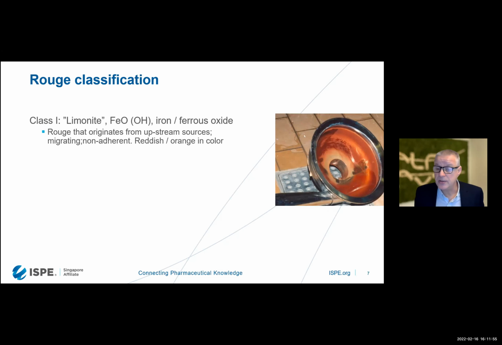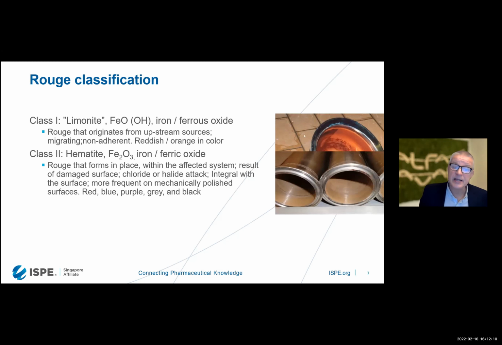I don't know if you can call a water system upstream or downstream because it's a circulating loop, but it's generated somewhere in the system and then it gets deposited later on in the flow direction. The second class of rouging is called class 2, and it's also called hematite, and it's a Fe2O3